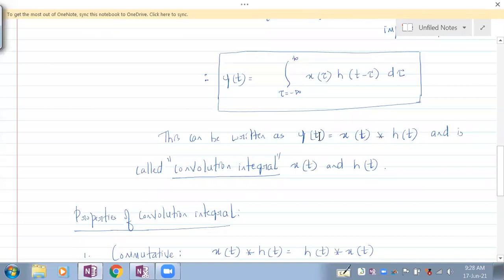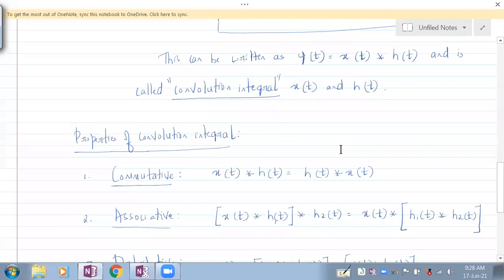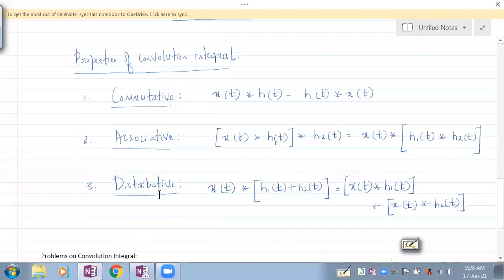By seeing the continuous time signals here. If this is y of n, x of n, and h of n, this is convolution sum. If this is y of t, x of t, and h of t, this is convolution integral. Understand? And when it is integral, we have integration. When we have convolution sum, we have summation symbol here. So it's quite straightforward. Okay, and we also have seen the properties of convolution, that is commutative, associative, and distributive.